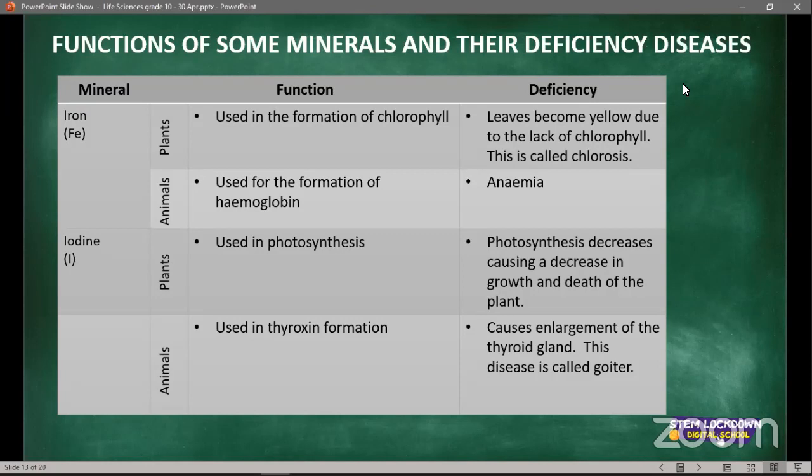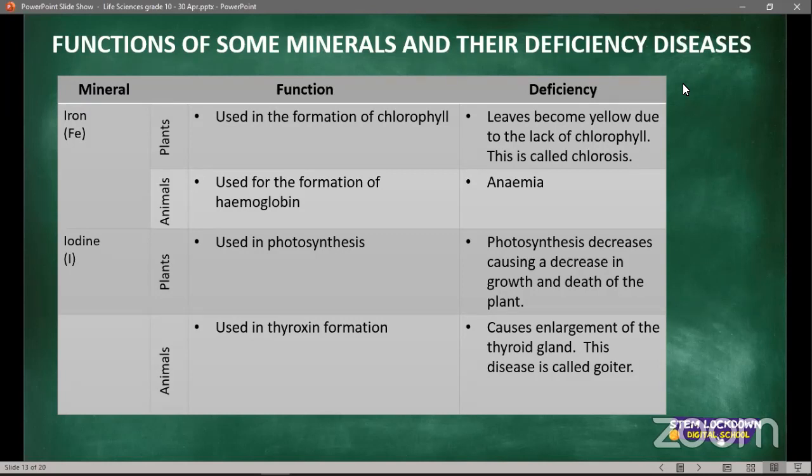I'm sure some of you have heard of that. So hemoglobin is the red protein responsible for transporting oxygen in the blood, right? Now the mineral iodine. In plants, it is used in photosynthesis, and the deficiency of iodine in plants leads to